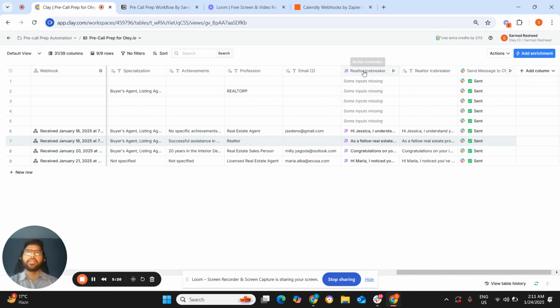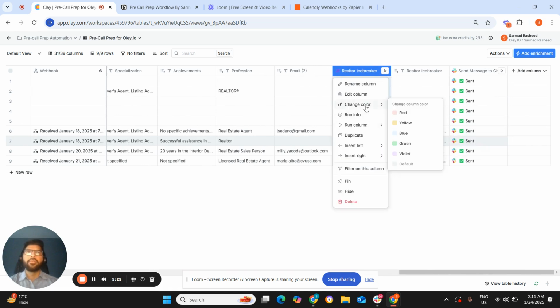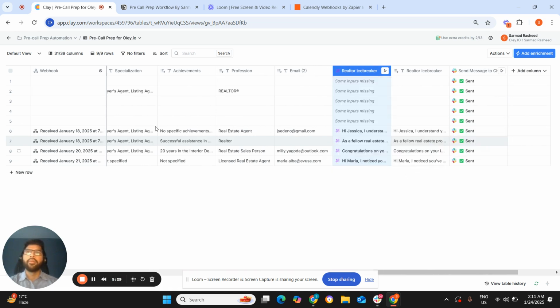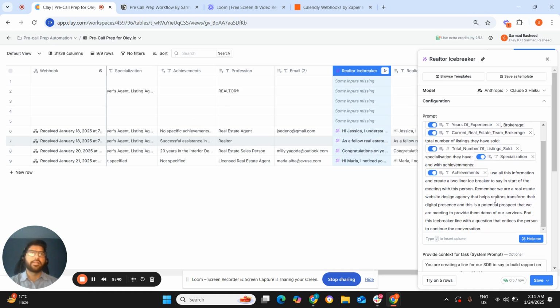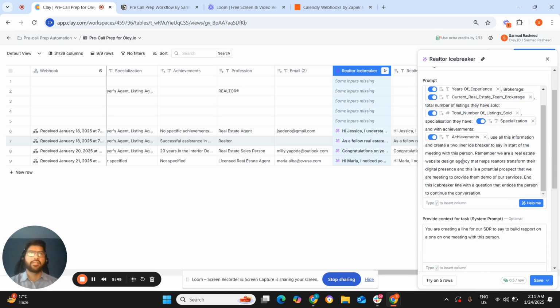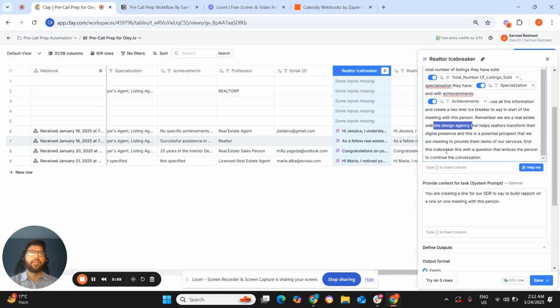And finally, I use this Claygent again with the input that I got from the other Claygent, and providing this with all the input. Now I ask it to create a two-liner icebreaker based on a context. And our context here is that we are a real estate website design agency that helps realtors transform their digital presence. So now you have to write a two-liner icebreaker, and end with a question that entices the person to continue the